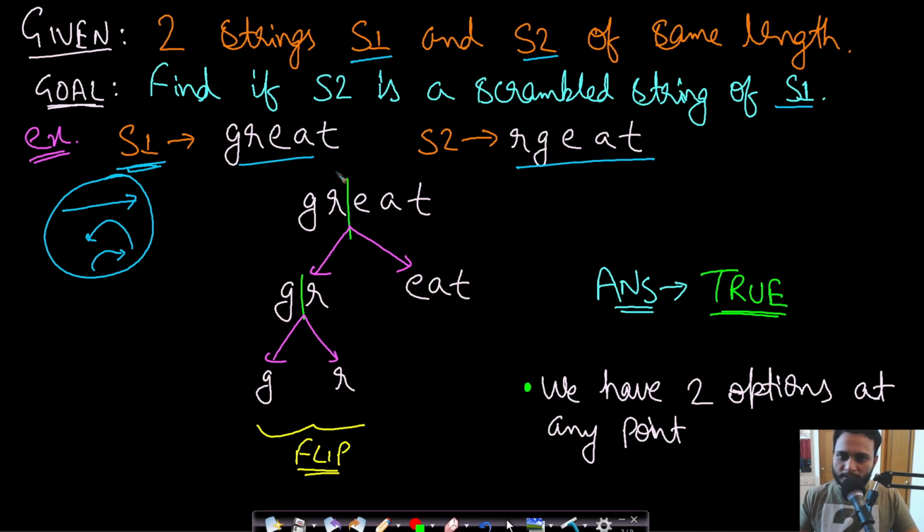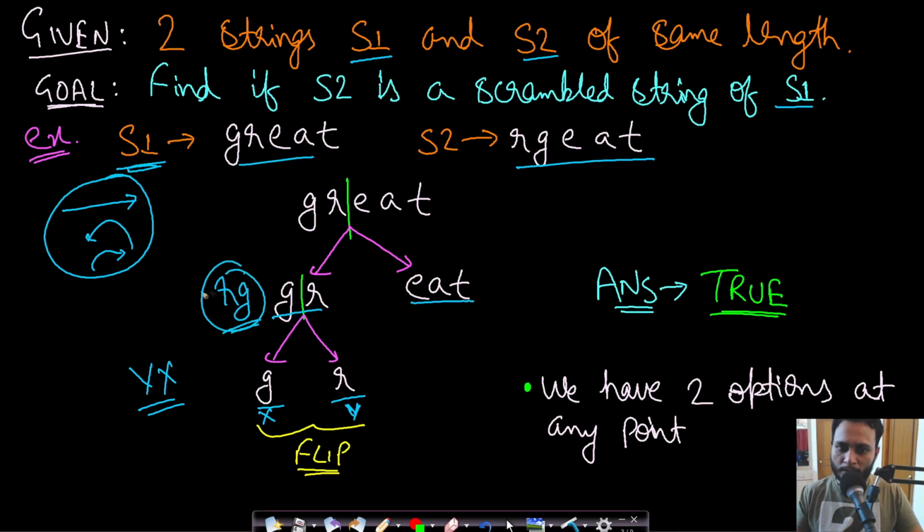So in this case, I will show you the possible partition. Like we can partition between R and E, and then on the left hand side we will have "gr", on the right hand side we will have "eat". Now again, "gr" can be partitioned into "g" and "r". Now what we will do is we will build up the order. We have this as X and we have this as Y. Now we will form YX. So if we form YX, then our answer will be "rg" in this case.